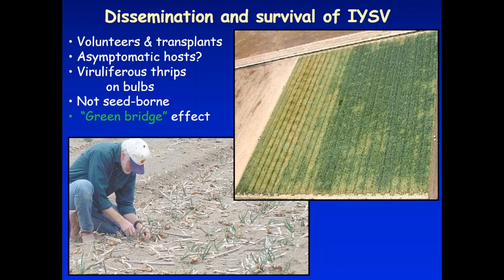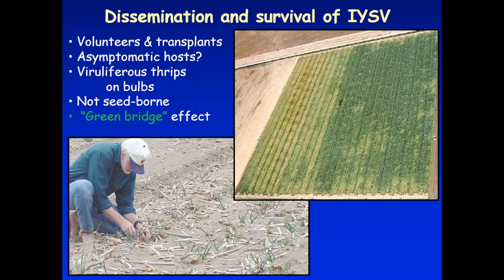So this biennial overlap, this green bridge effect we talk about in plant pathology, is a very, very important factor when you're dealing with crops that are more than annual and carrying things through the season. So it's a spatial isolation that creates a green bridge, and it's a lack of temporal isolation for biennial or perennial crops that really creates a problem.